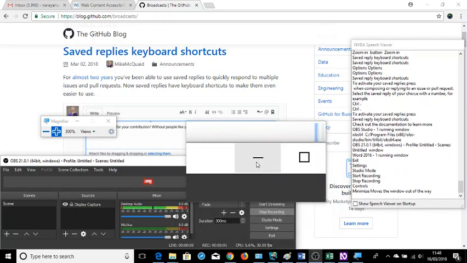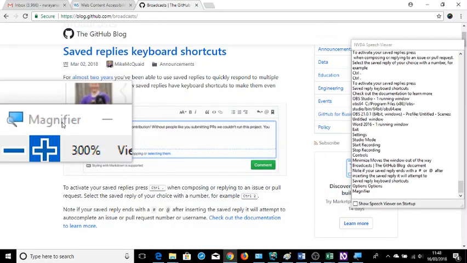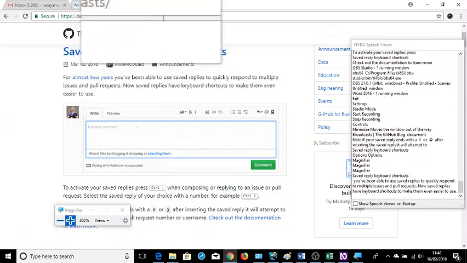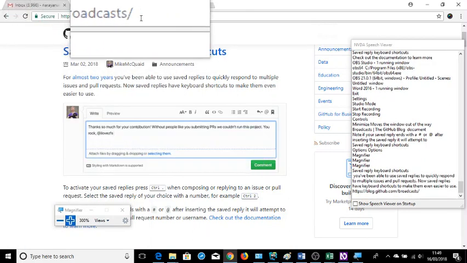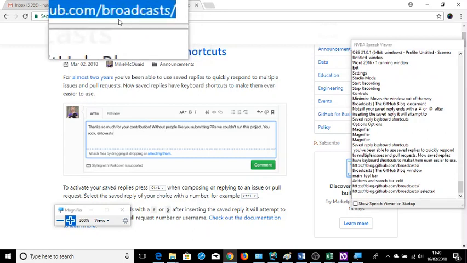stop control, minimize moves, saved reply key, magnifier. You've https://log.github.com/broadcasts GitHub blog window, main toolbar, address and search bar edit,